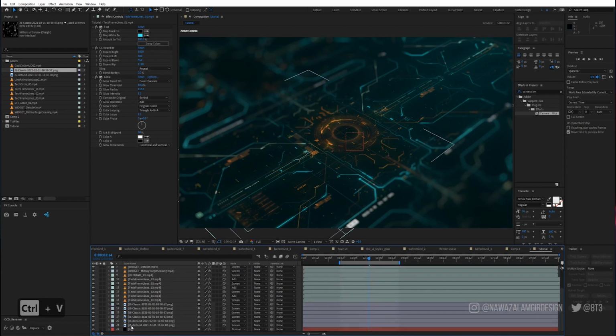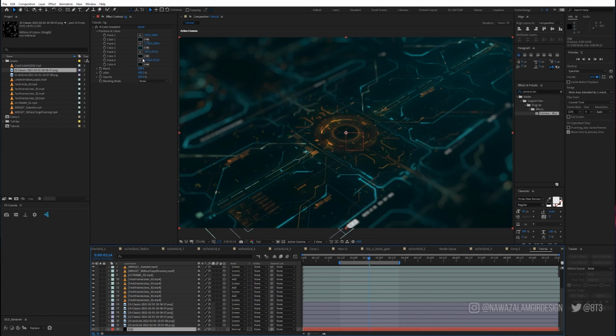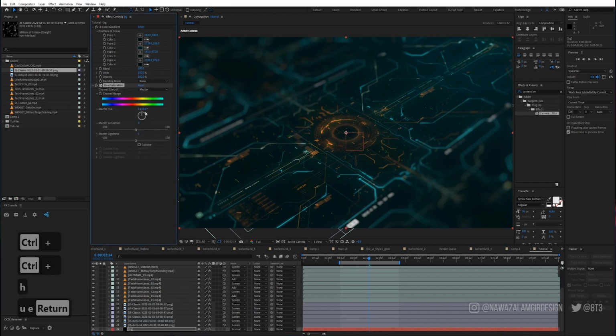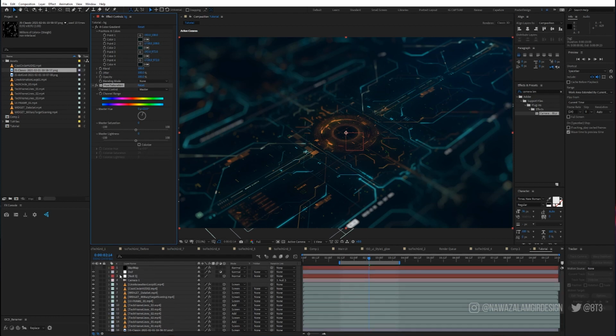It's looking a bit too blue, so I'm going to actually just do a hue and saturation on it, so I can control the color a lot easier. Yeah, for me that's looking better. Alright,